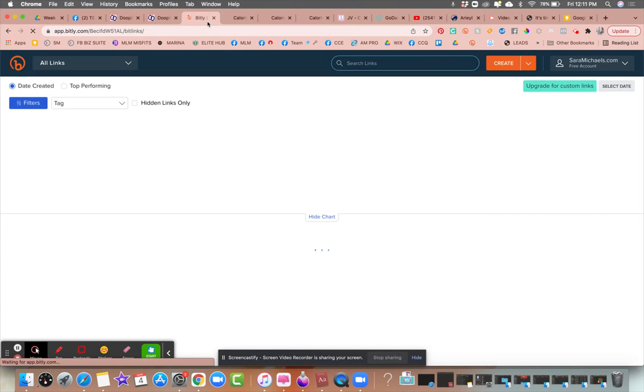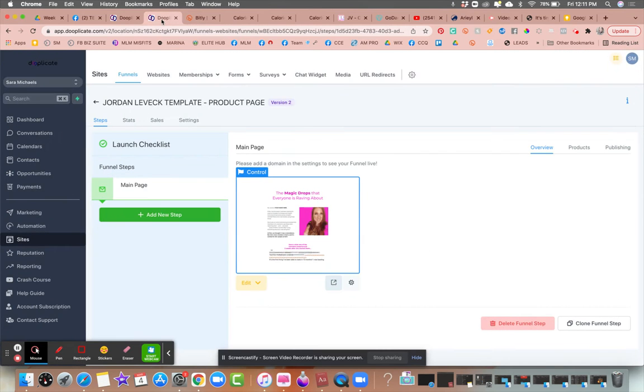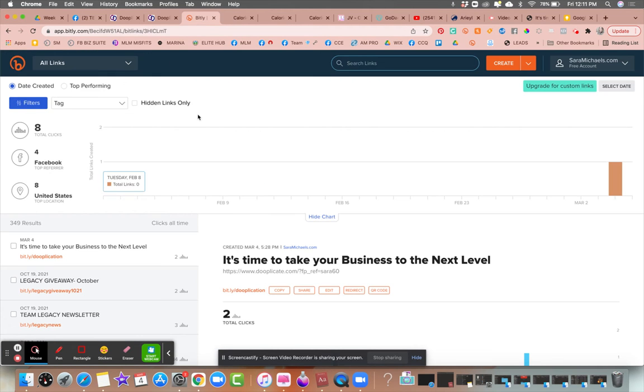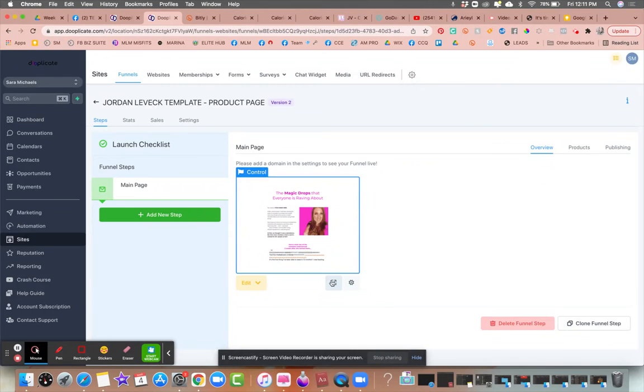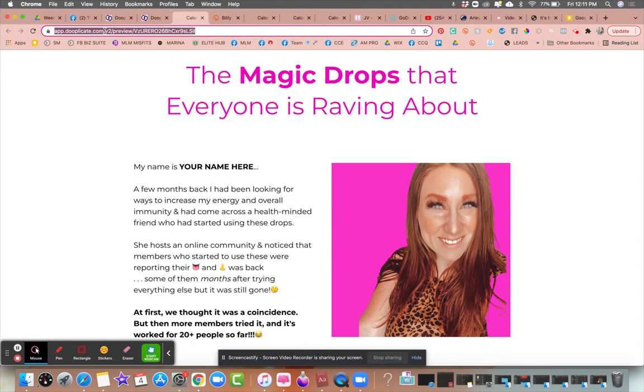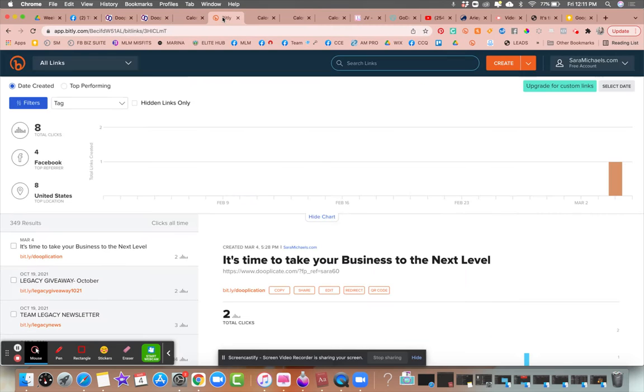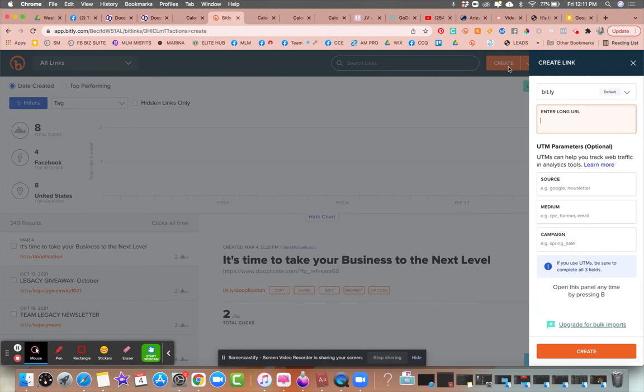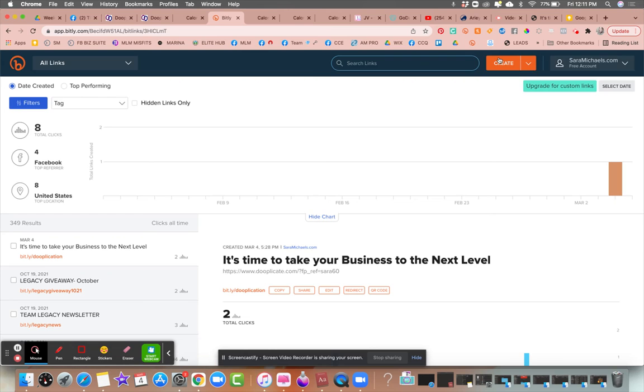Now you can grab this link and send it to someone, or go to bit.ly. You're going to have to create a free account, and I'll show you what this can do. This is going to allow me to use a link shortener.